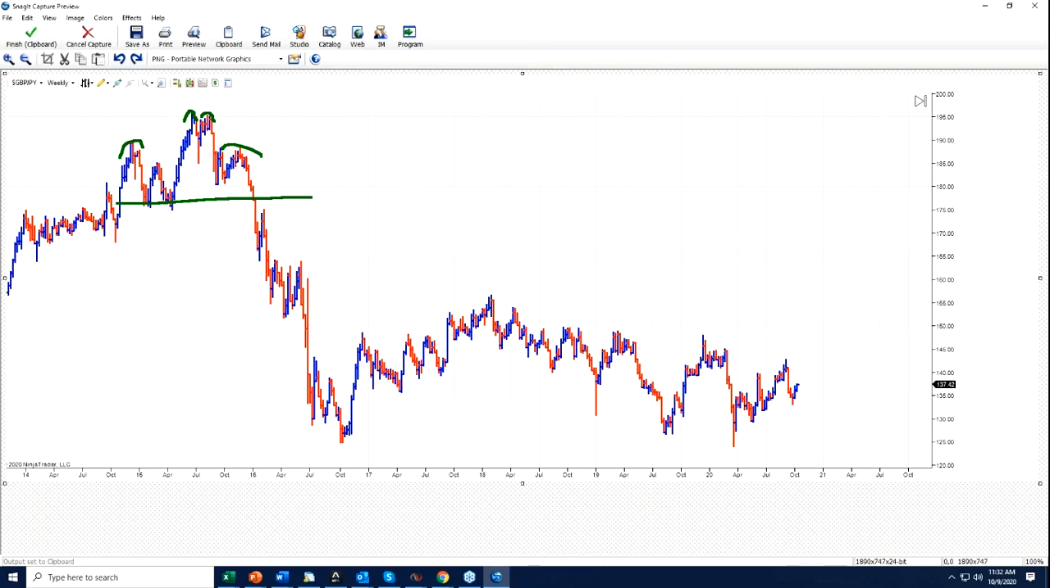And so we've had this rounding top for quite some time. And within the rounding top, we had,